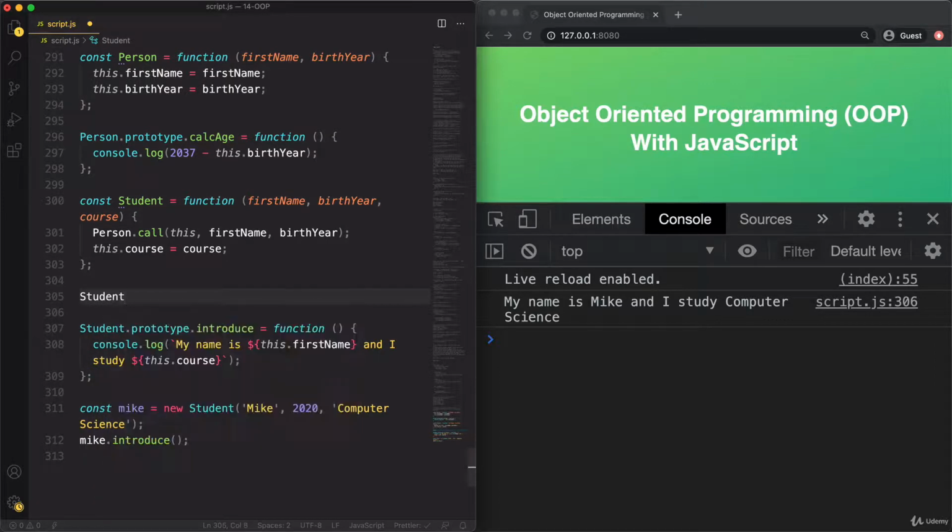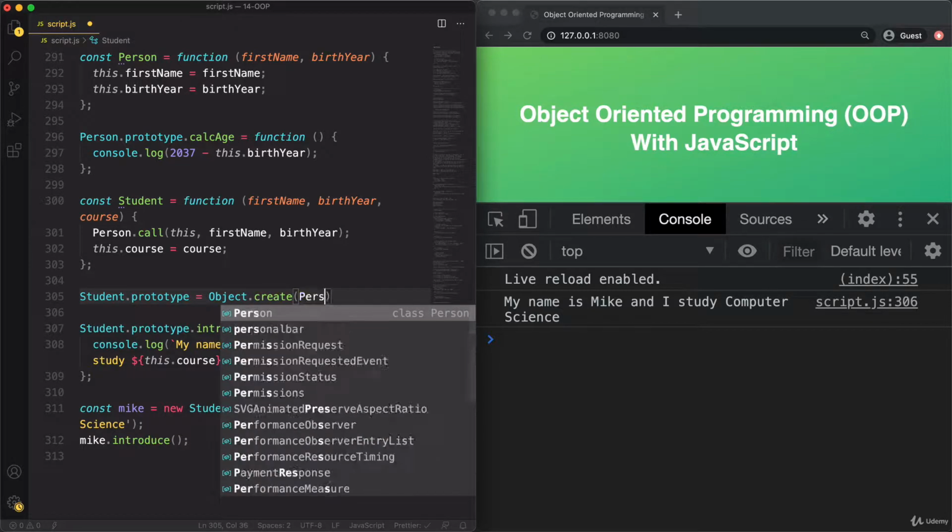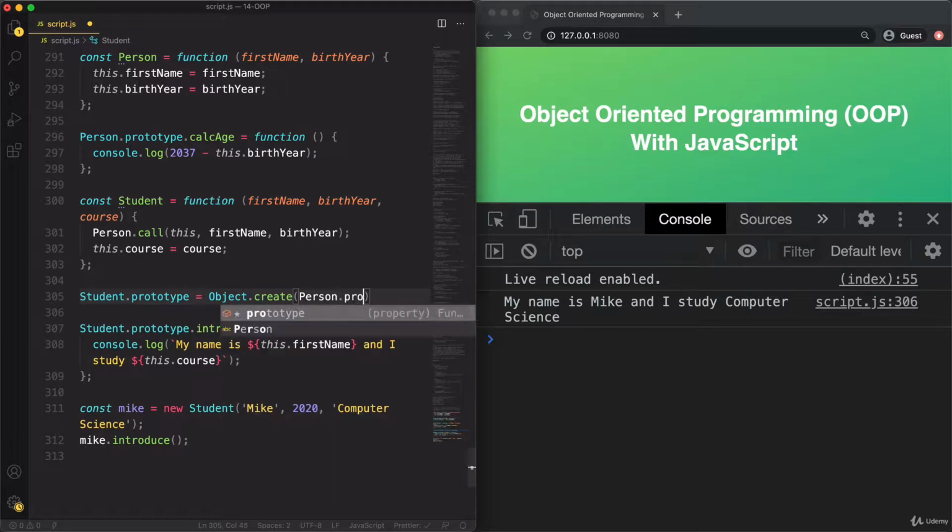So anyway, student.prototype should be object.create person.prototype. And with this, the student.prototype object is now an object that inherits from person.prototype.